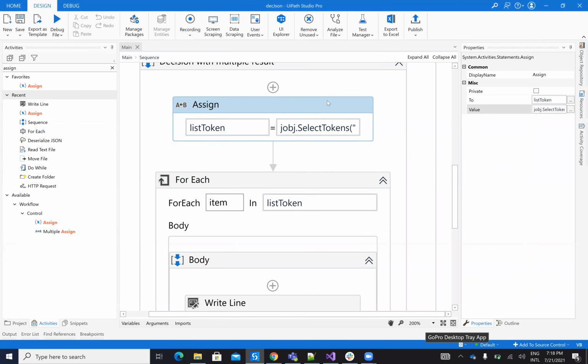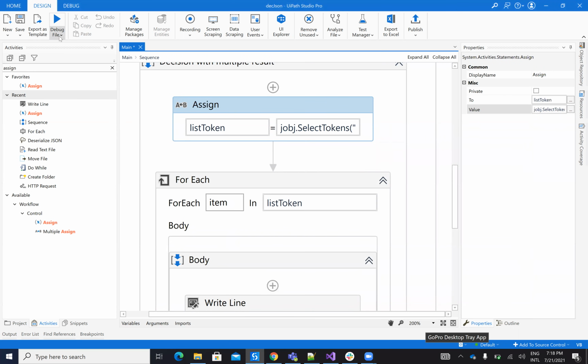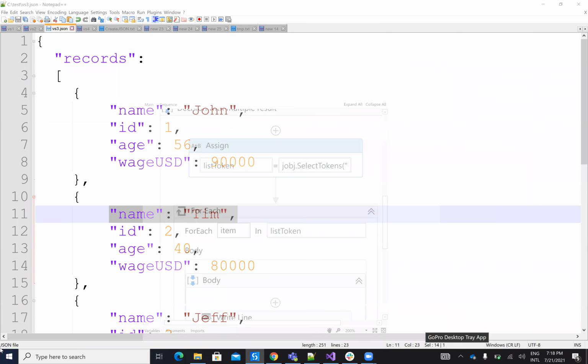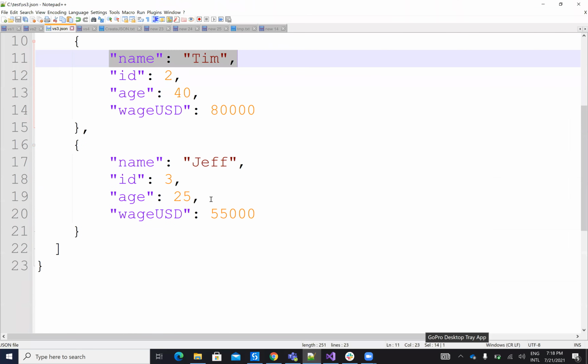In the same way, if I put 23, you will see that in the result I have all three names, because I specify that I want the names. I want all the names that have an age higher than 23. You see John, Tim, and Jeff. Good. So this was with the condition that returns multiple elements.